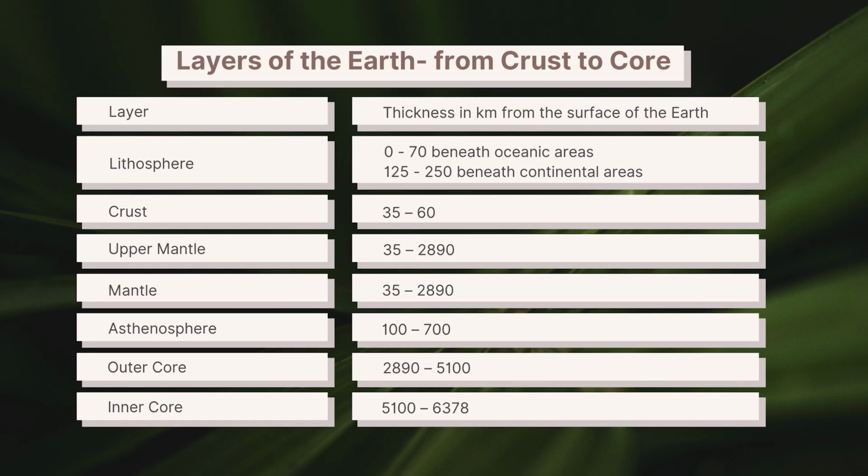The lithospheric thickness is also different. Lithosphere is thin in oceans, whereas it is thicker in the continental areas. Now the crust is 35 kilometers, upper mantle is 35 to 60 kilometers, mantle 35 to 2890 kilometers, and the asthenosphere is around 100 to 700 kilometers. Outer core is 2890 kilometers to 5100 kilometers, and inner core is 5100 kilometers to